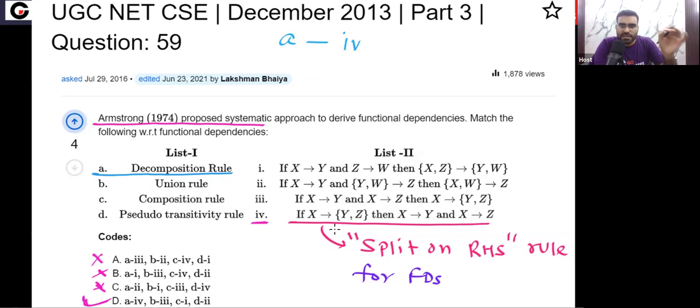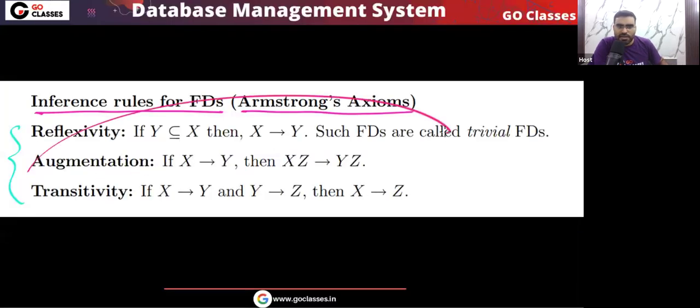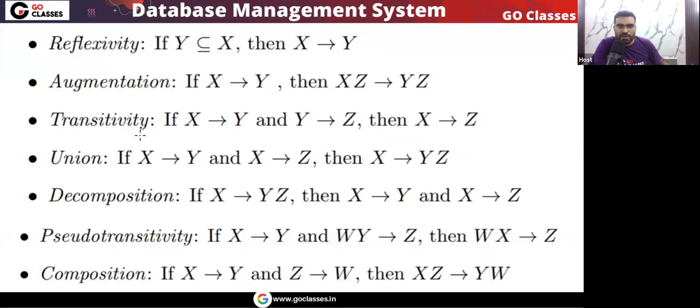Because remember, if you are a GATE aspirant, then you don't have to worry about these names. You don't have to remember these names, because from the GATE exam point of view, these names are not important. From the GATE exam point of view, only Armstrong's names are important. Armstrong gave three axioms, three inference rules for functional dependencies. Only these are important. In the GATE exam, they can ask you augmentation, reflexivity, and transitivity. But if you are preparing for UGC NET or PSU or government exams, then you can remember these names also.